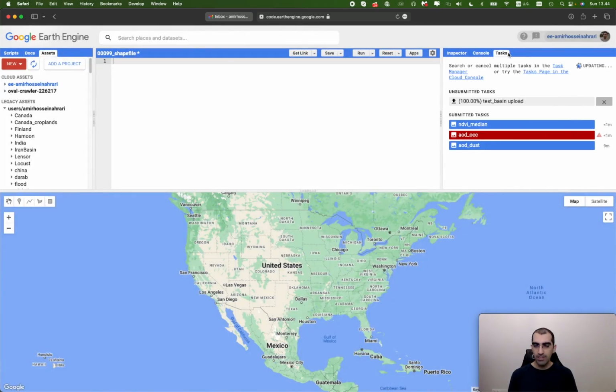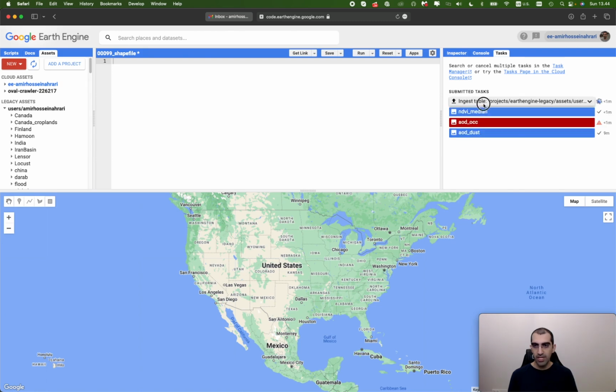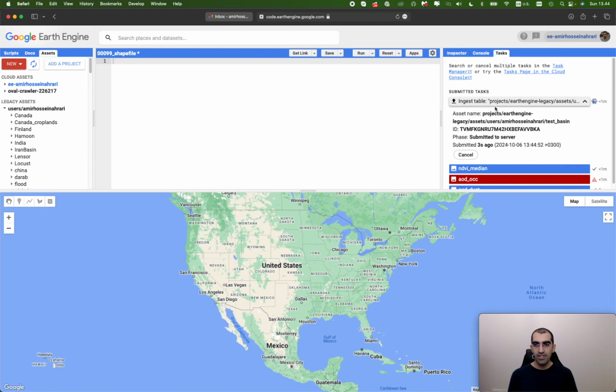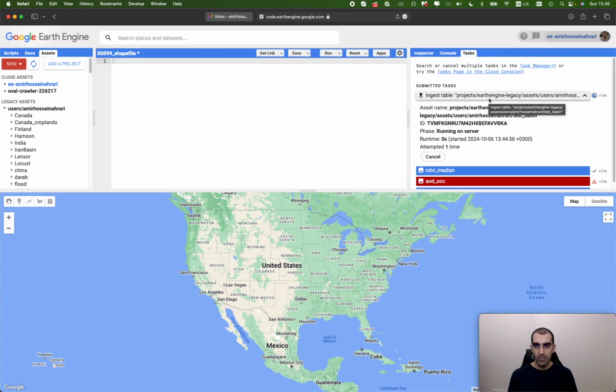In the right panel under the Tasks tab, you can see one unsubmitted task that is running in the browser. So you should wait until the uploading process is done. As you can see, it is uploading. For a shapefile, the process of uploading is very fast, and after a few seconds,